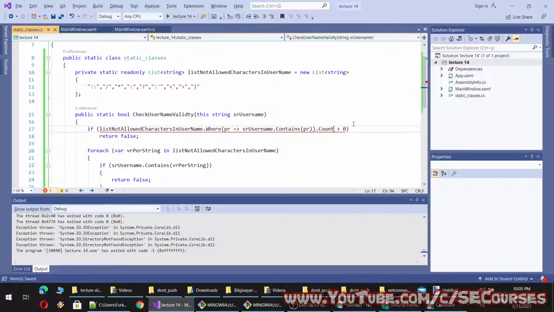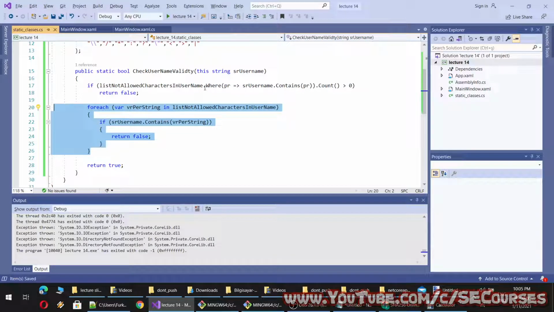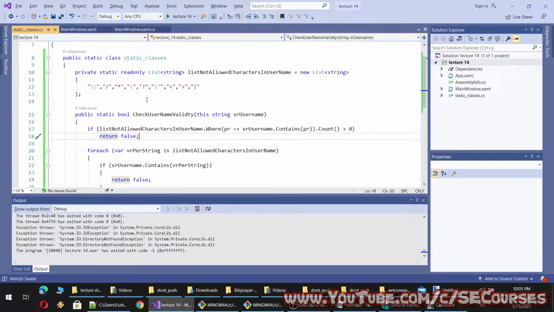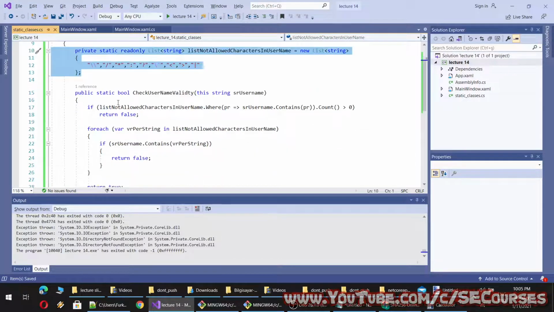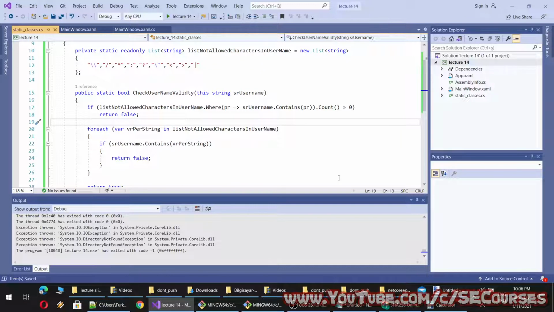You see, it doesn't get the count directly, therefore I have to call the Count method like this. Okay, so this is the same as this one. From a performance point of view, it wouldn't make any difference for a very small list like this. However, if our check were very big, this could work faster.